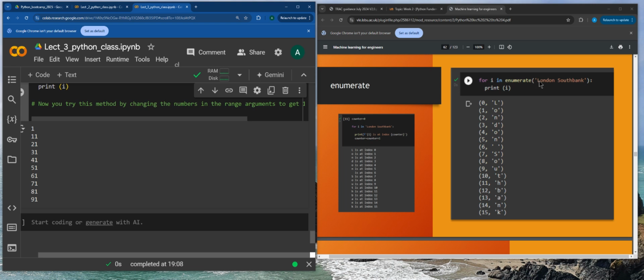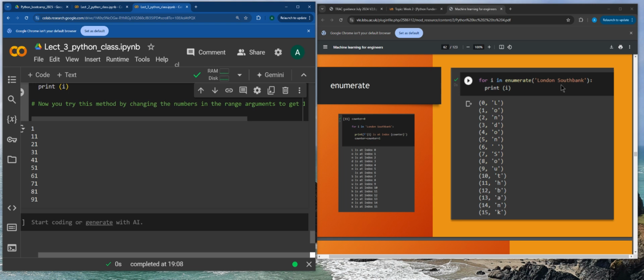In other words, it picks out L, which is at index 0, at position 0. O is at position 1. And it just outputs these tuples for you. Because I want to cover functions with you today, I'm not going to spend more time on this, but